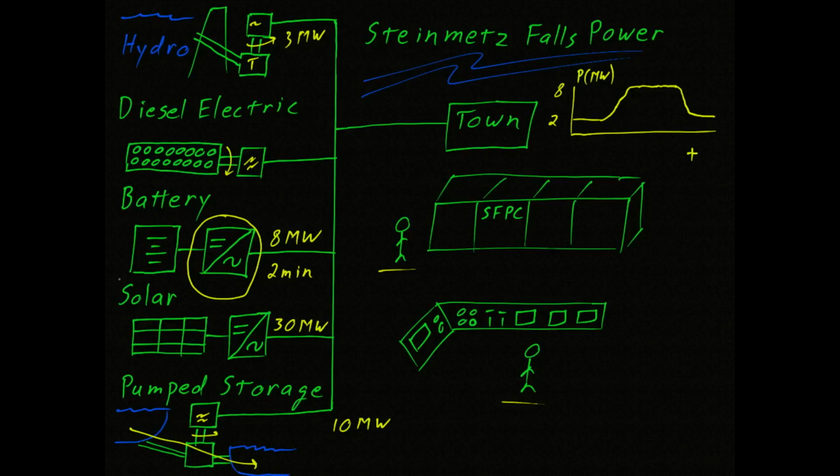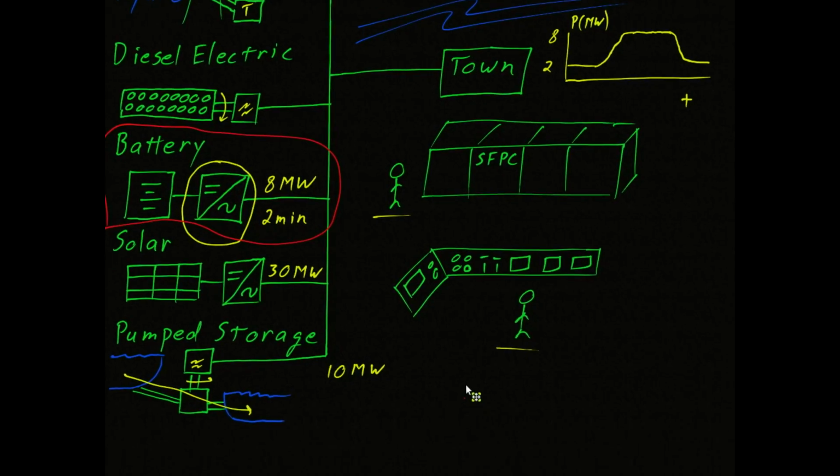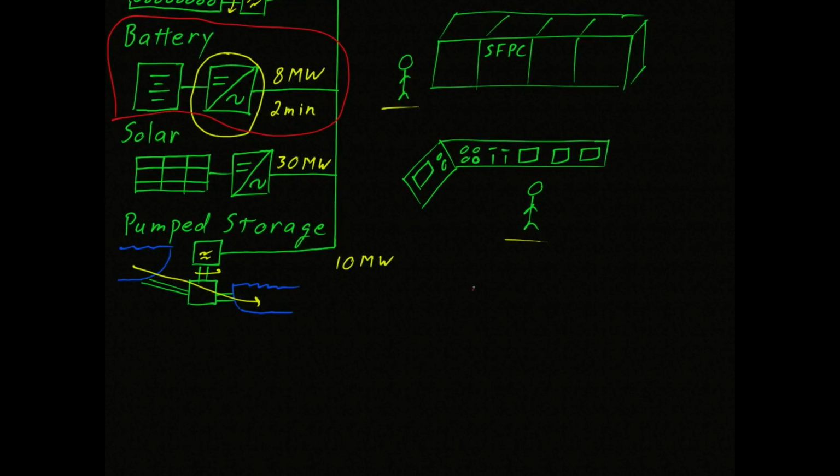A common question we get is, how big is that battery? To answer that question, we first have to look at how much energy is stored in the battery. Now, the energy